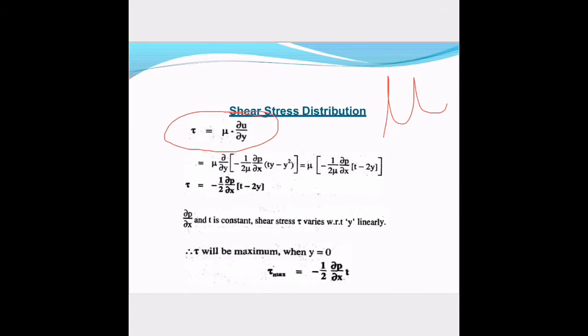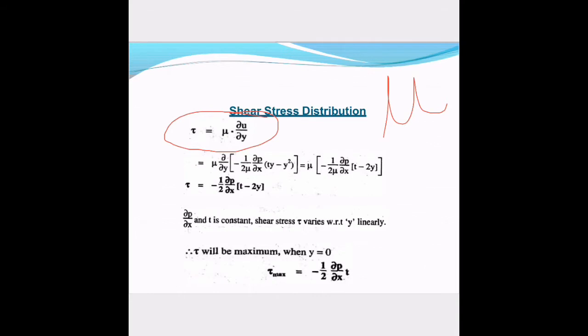You have already got one equation for u, the velocity, isn't it? So you just put the value of u here